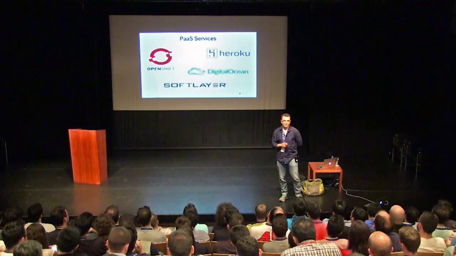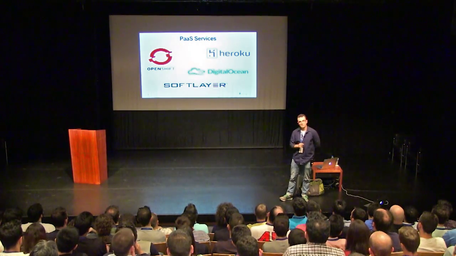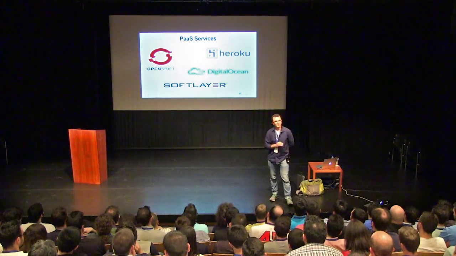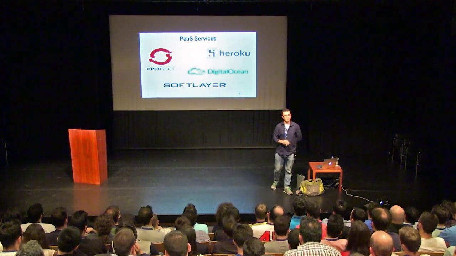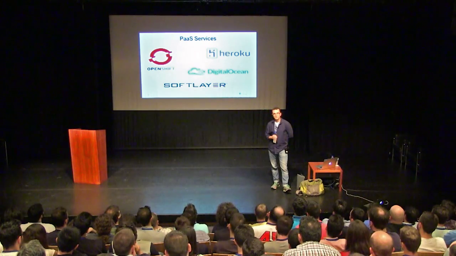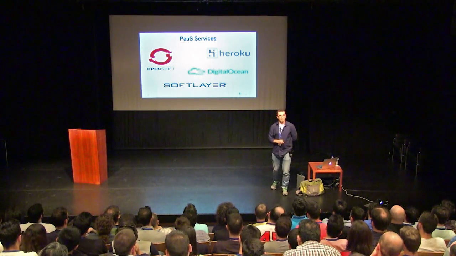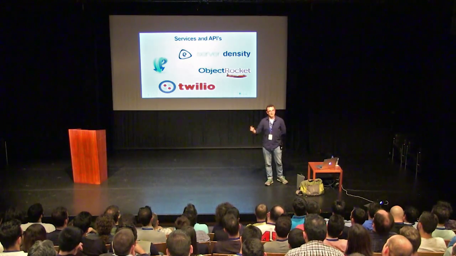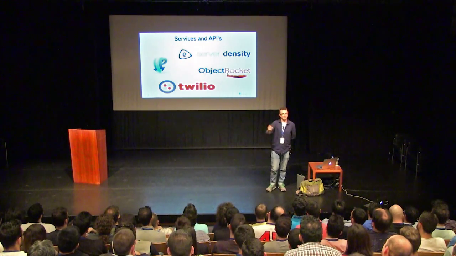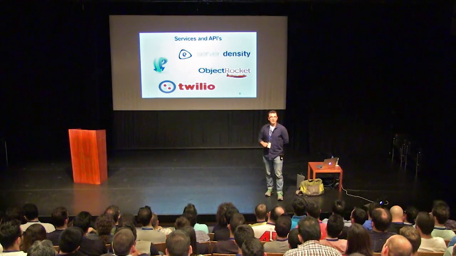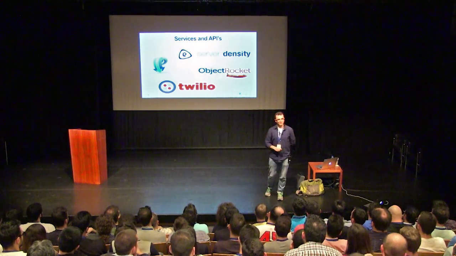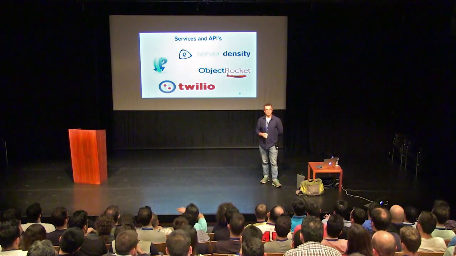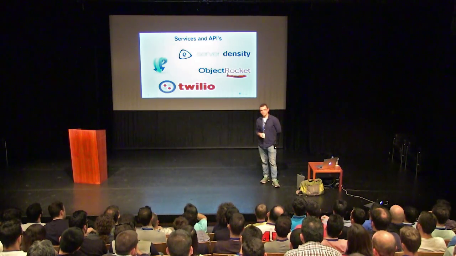But we don't just have infrastructure as a service. We have platform as a service. I want to go faster. I don't want to care about the infrastructure itself. I just want to write code. Great, we have services for that. And also, I just don't want to take care of all that API complexity of sending SMSs through the gateway or storing databases. I can hire someone to take care of all of that for me. And I can concentrate only on making bugs, because this is what we do.